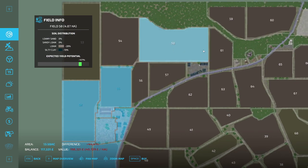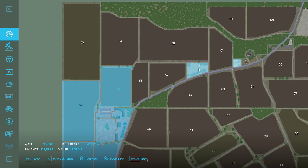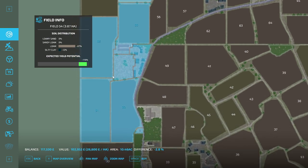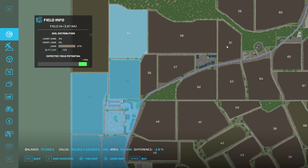Later on we can expand this way, which will give us more arable fields, and potentially buy this yard to store our arable field equipment in. Most of our arable fields will be across here. Again, potentially we could knock through. There's a service road that runs along here and stops there. We could run the service road along here, knock out that hedge, and then gain access to this service road, which we then made accessible to 50. So we could end up with all of these fields accessible from this yard without having to drive down the road. So plans ahead, but not plans we're going to